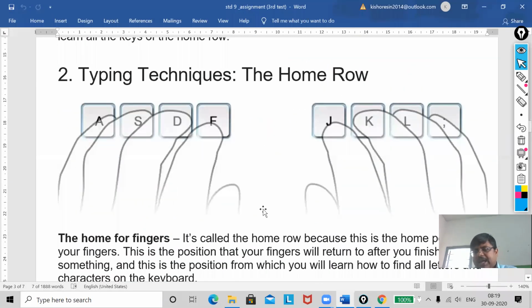Now you see, what technique you have to apply, how you have to set your fingers on the keys of the keyboard. This is the last finger that you see. It should be on A, next one on S, next on D, and the last one on F. This thumb we will use for space. Now the right side: this one will be semicolon, this is L, this is K, and this is J. Again, this one for the space bar.